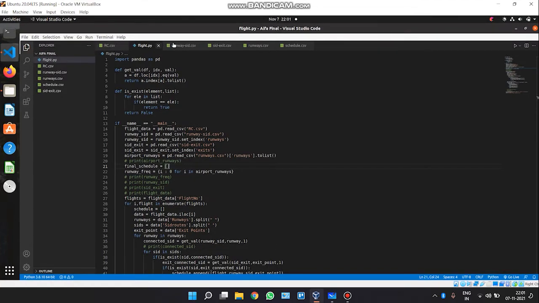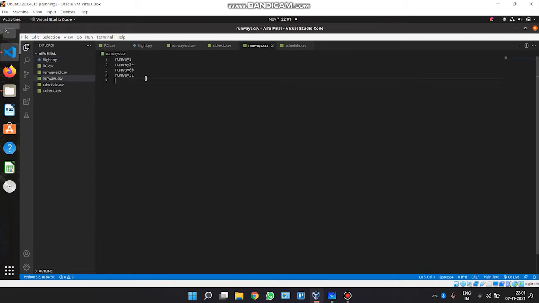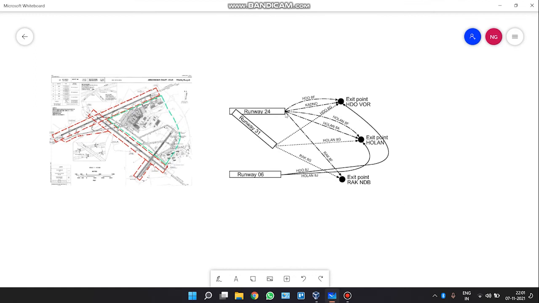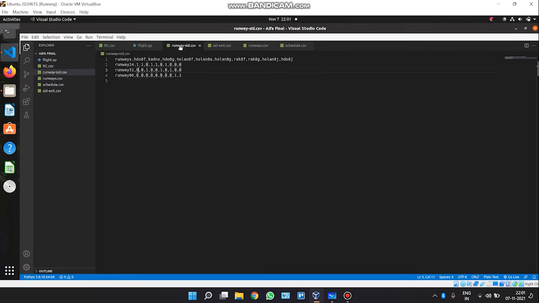To program it, here we first listed all the runways we have, and then we want to somehow give the program an idea of this graph we have. So for this graph, we create some data structures. Here we have the runway SID matrix where we have runway and SID, right? Runway as column, the SID as row, and then we map the relations. So runway 24 is connected to this SID. Runway 24 is connected to this SID. But runway 31 is not connected to this SID as well as this SID value here.